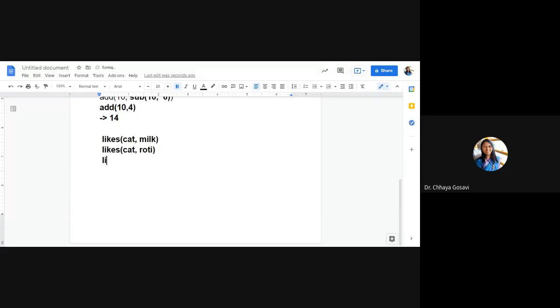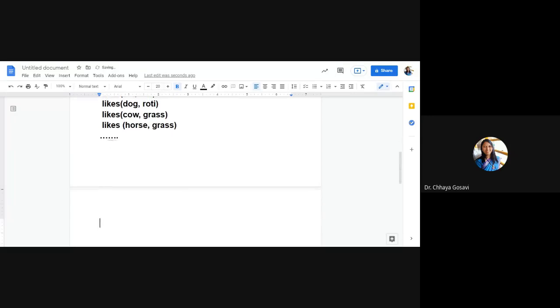Then, say, dog likes roti. Cow likes grass. Horse likes grass. So you can have a number of rules like this, and then there are the queries.